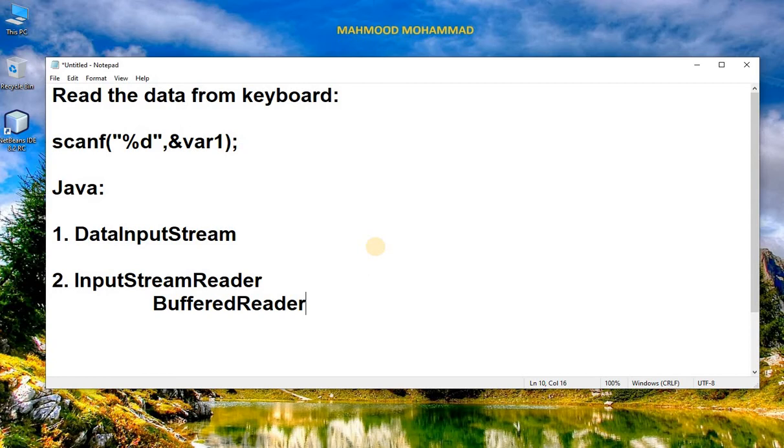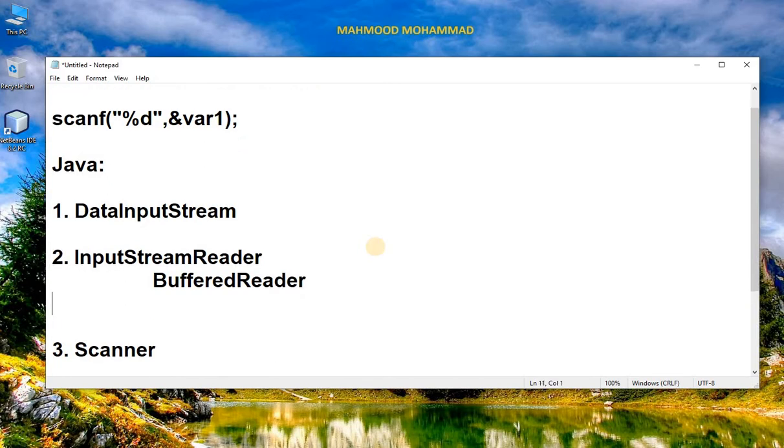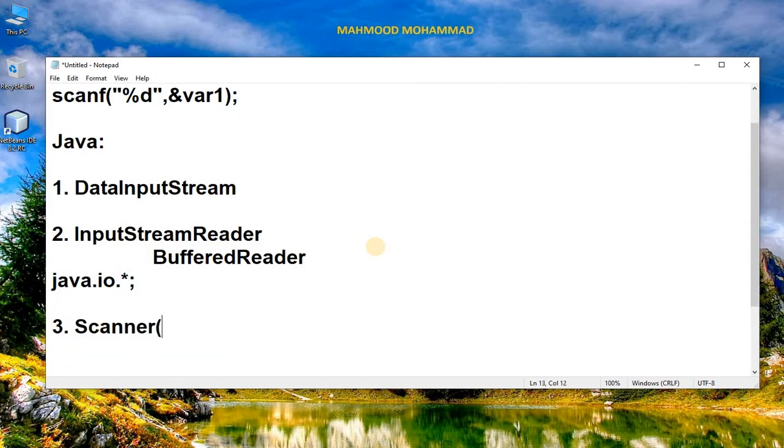So BufferedReader will do that operation. Then the third one is the Scanner class. But remember, the first two classes are available in java.io.*, so you can see in the java.io library you will have those two classes, but the third class is available in java.util.*. I hope you are clear with this, and now we will go for the program.